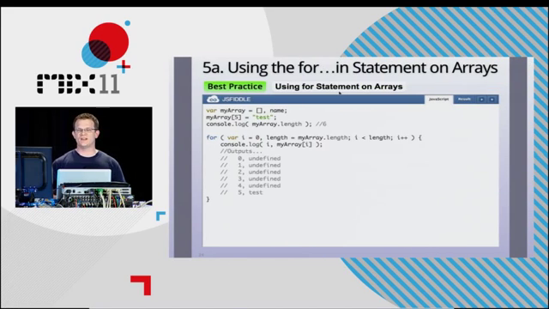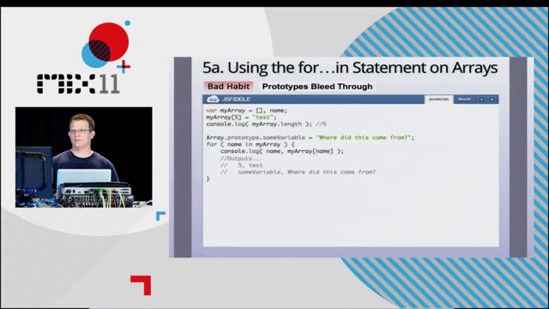For normal arrays, the preferred approach is to use an index and iterate over it. What you get in this case is probably what you expected. It'll print out everything, and the value of each of 0 through 4 will be undefined, because obviously you haven't defined what the value of those is. This is probably more what you expect, and it won't confuse you and make you hate JavaScript even more. And there's another problem with using the